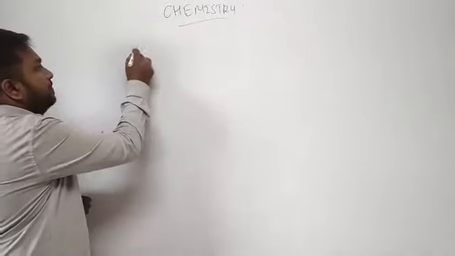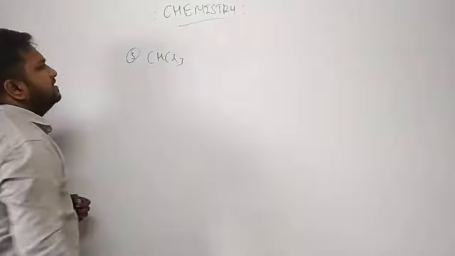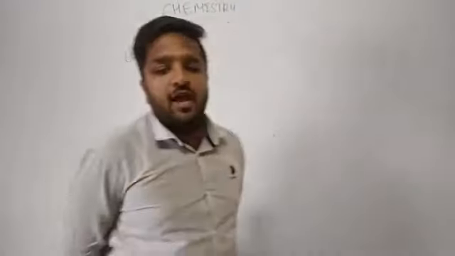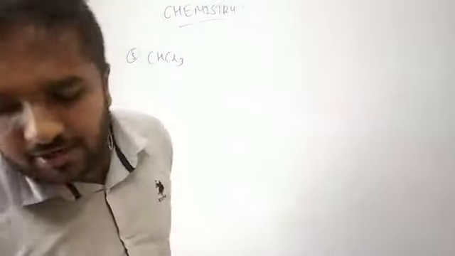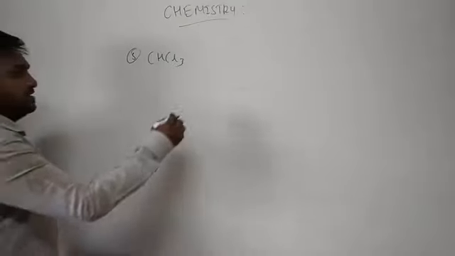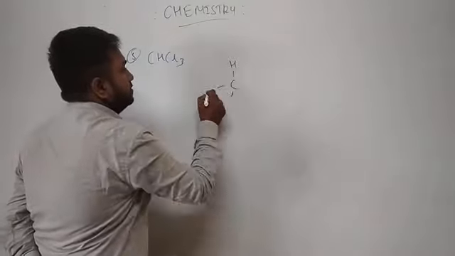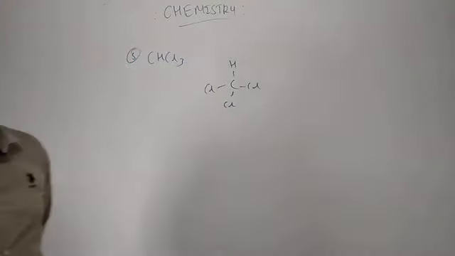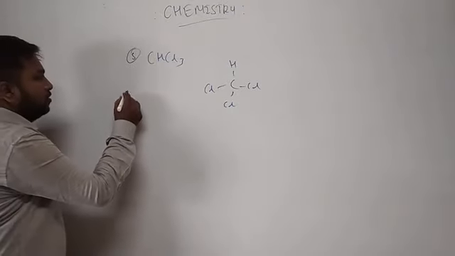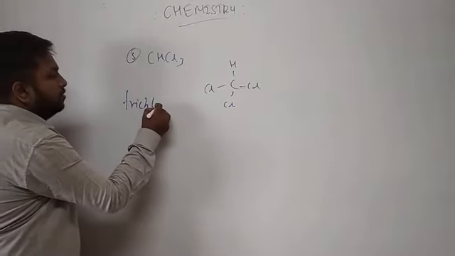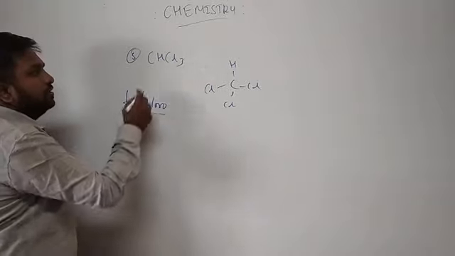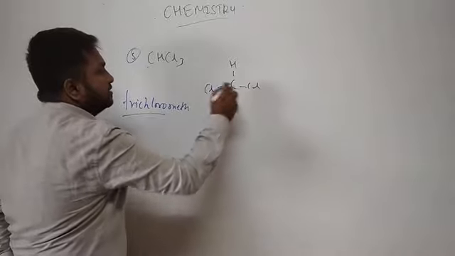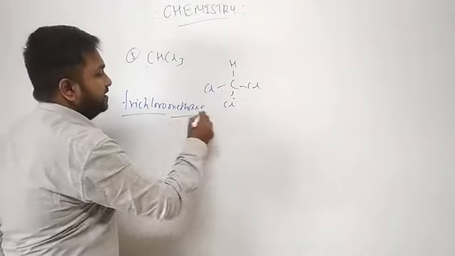So we have CHCl3. The next example, CHCl3. Okay, so you have three chlorine atoms attached to a single carbon. The structure is simple. Only one carbon atom, so no need to worry. It is trichloro. We have three chlorine and only one carbon. It is meth, and all are single bonds, so it is methane. Clear?